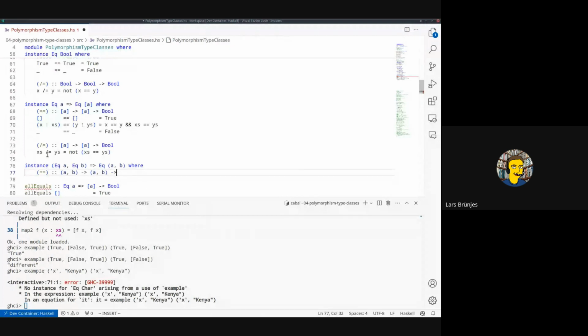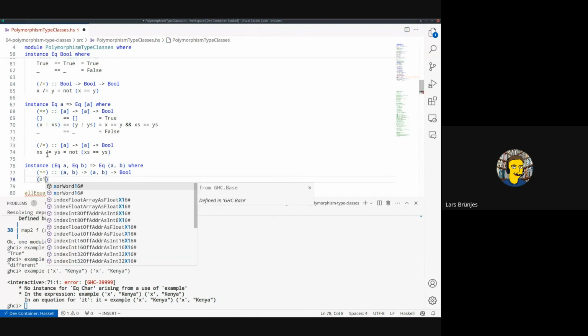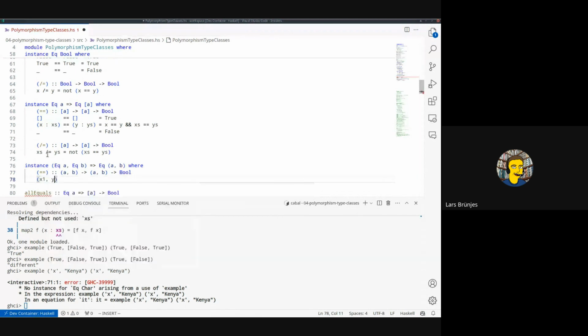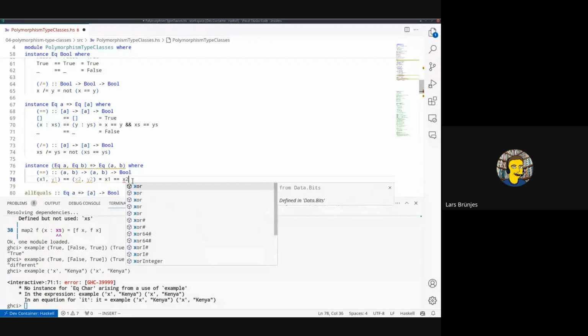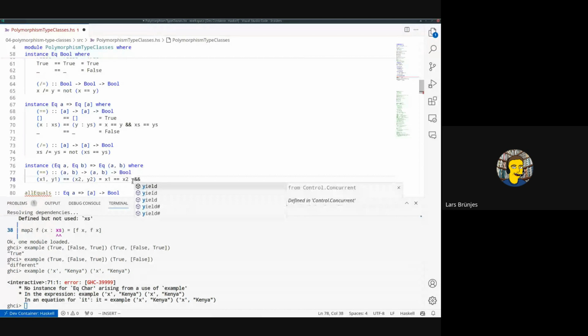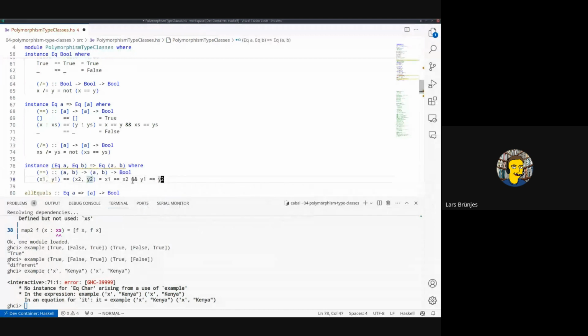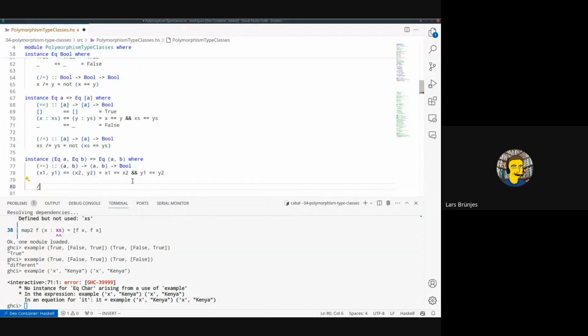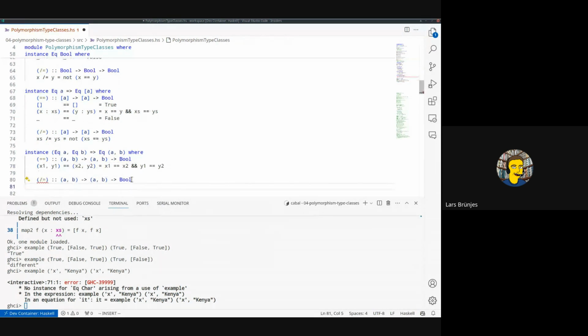I think I said something wrong. We'll come to that now. So how do I implement this? Well, exactly as we did there. Well, when is the pair equal? If the first and the second components are equal. So x1 equals x2 and y1 equals y2. And this I can again say, I mean, I don't want to pattern match, so I can just say